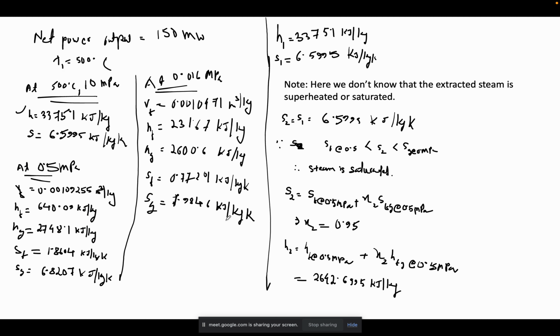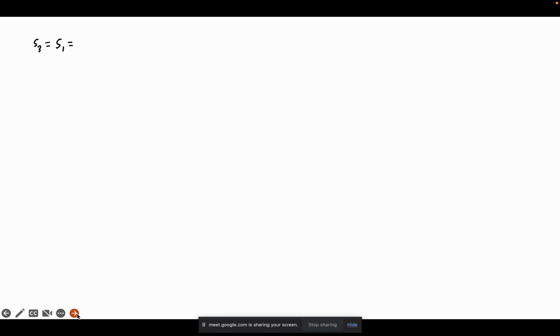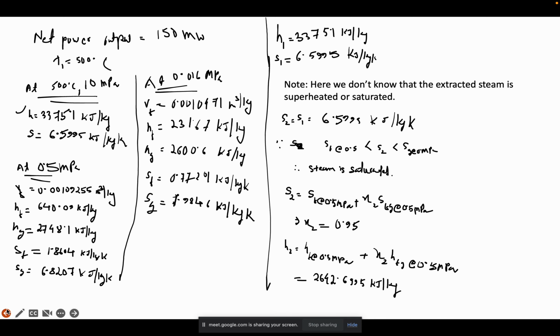Okay, similarly S3 is equal to S1, and that is equal to 6.5995 kilojoule per kg Kelvin. So also we know S3 is equal to SF at this pressure level, 0.016 megapascal,